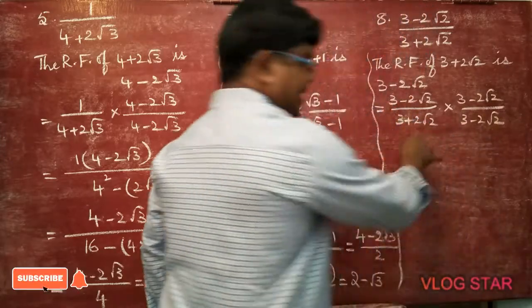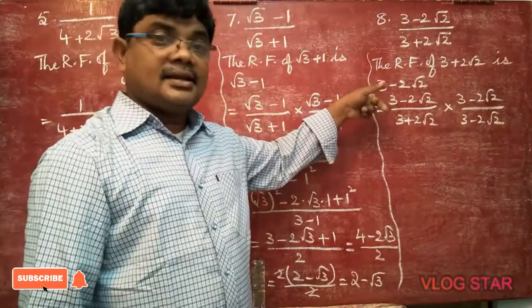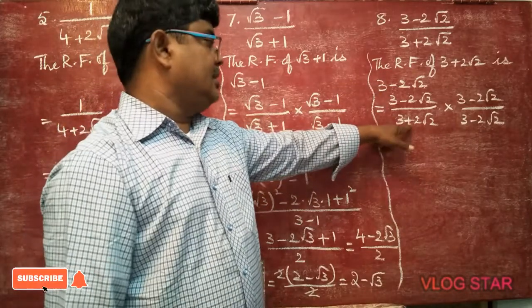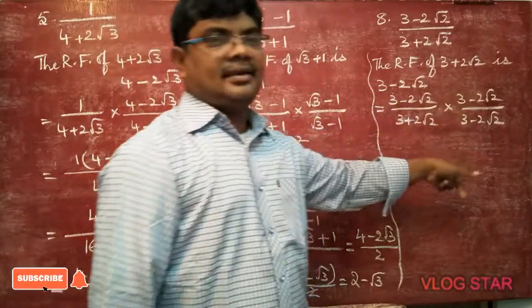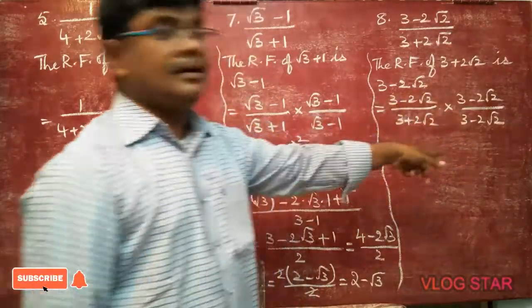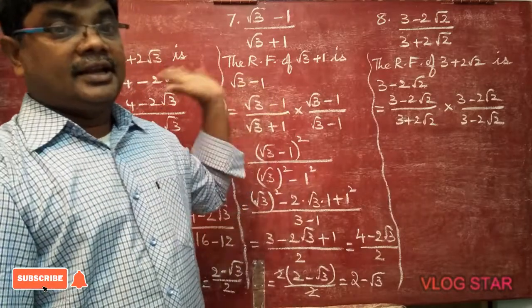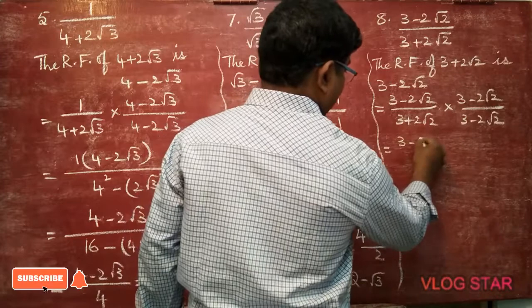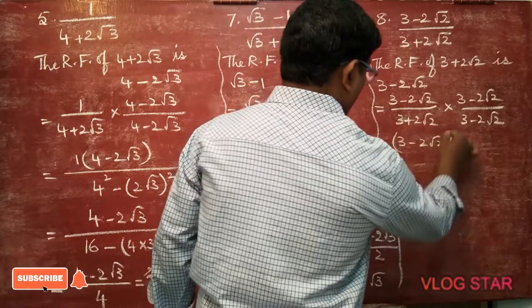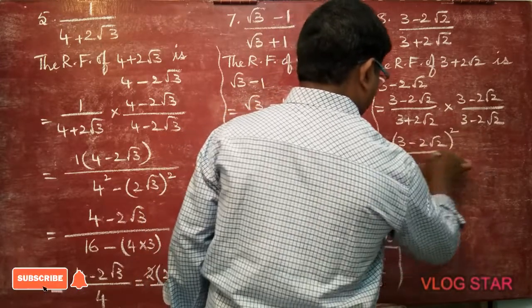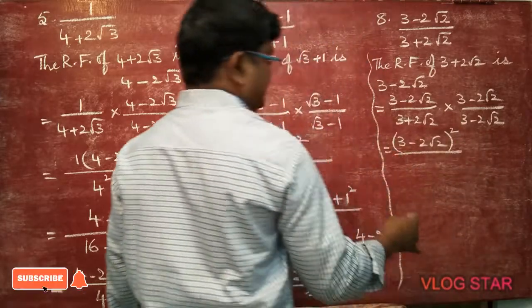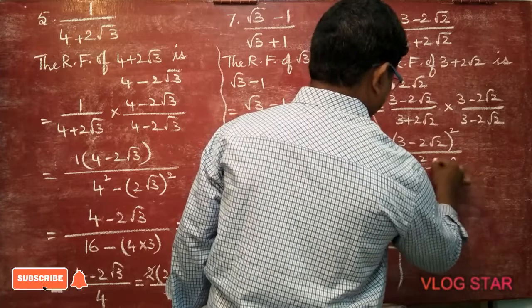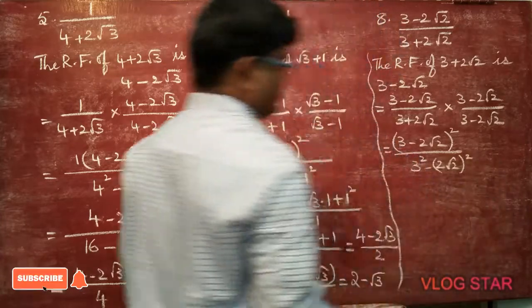You have to see the denominator. If they asked to rationalize the numerator, then you have to see the numerator. Here they told to rationalize the denominator. The denominator has plus, so minus we are taking. If they ask about the numerator, you will take plus. Are you able to follow? Read the question properly. Now the numerator is in the form of 3 minus 2 root 2 whole square, and the denominator is a plus b into a minus b, a square minus b square. Always the denominator will be in this formula.